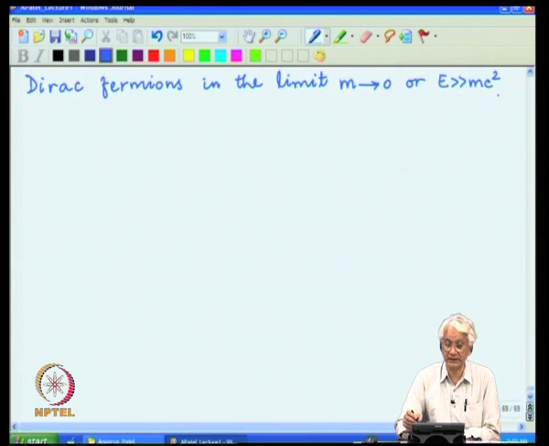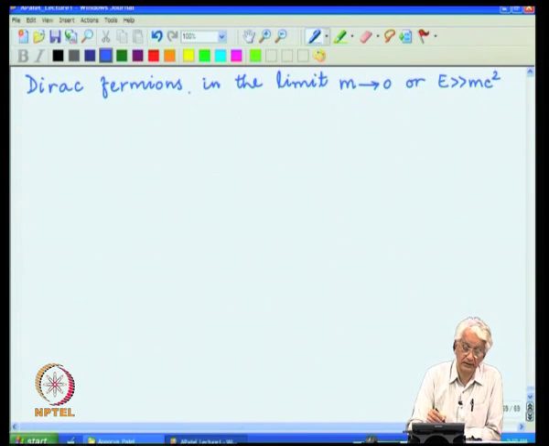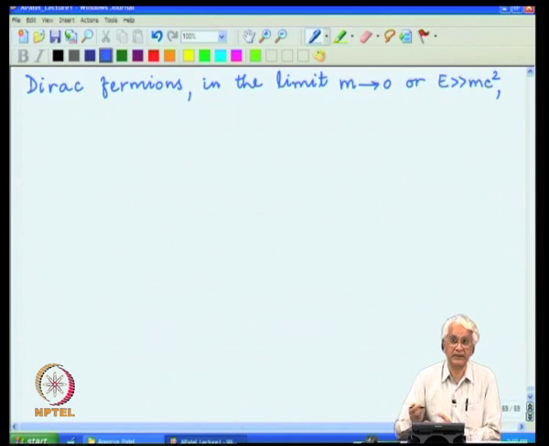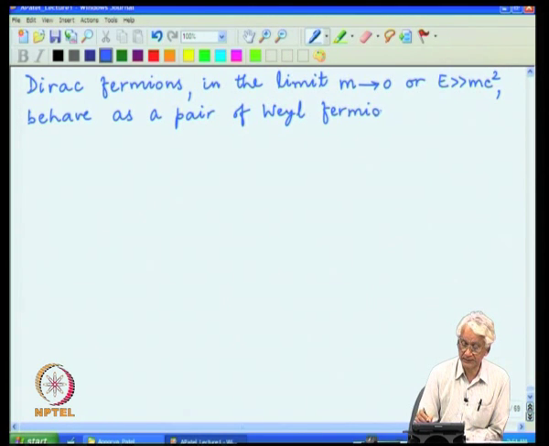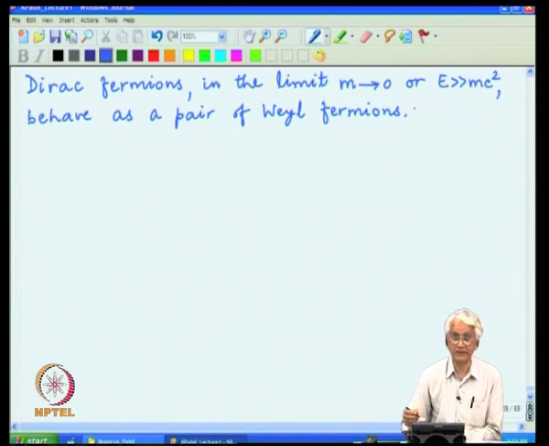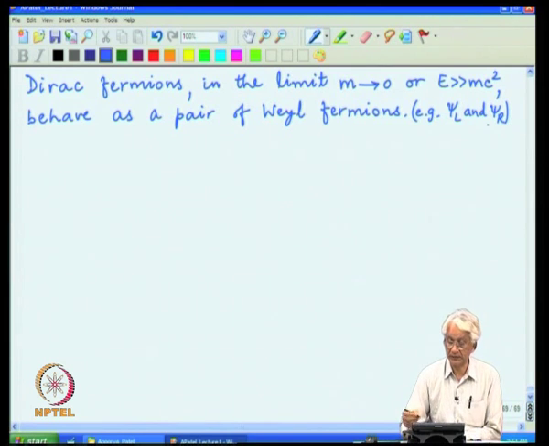So, the energy is much bigger than mc square, and in that case we can neglect the contribution of the mass, and the Dirac fermions behave as a pair of Weyl fermions, and that description is also very helpful in describing how the left handed and the right handed components behave,